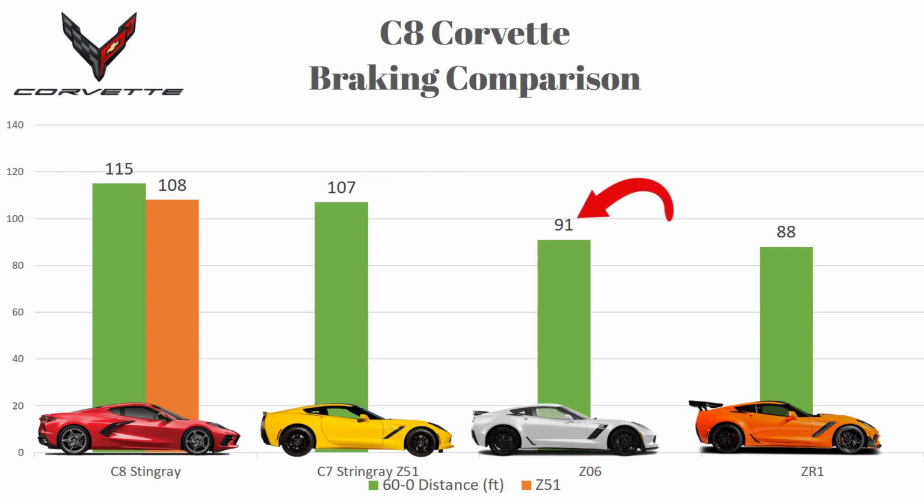And then the monstrous Z06 and ZR1s significantly lower. I'm assuming these were done with the carbon ceramic brakes. The Z06 in 91 feet and the ZR1 with the 1LZ package and the ZTK wing, or ZTK performance pack,